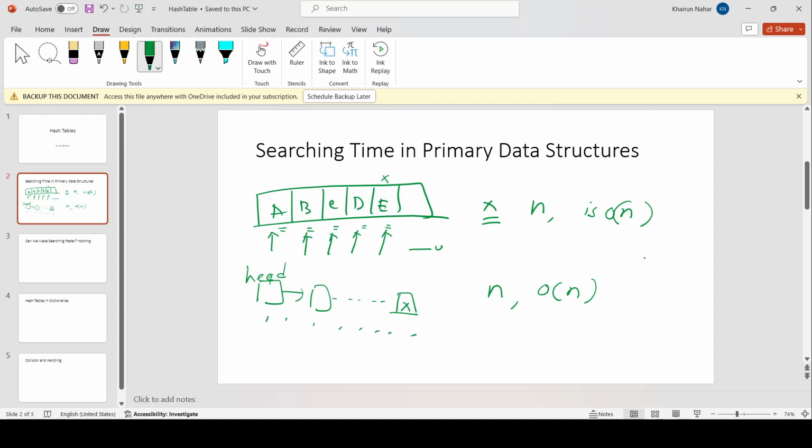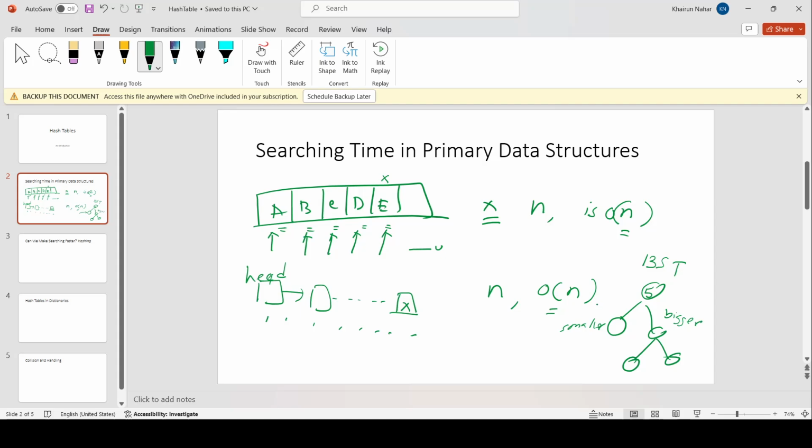For a tree, let's be specific, let's say for a binary search tree, BST, the search time is better than n because we already know that BST is arranged in a particular manner where I have an element at root and the left of the root will have elements smaller than the root and all the elements on the right will be